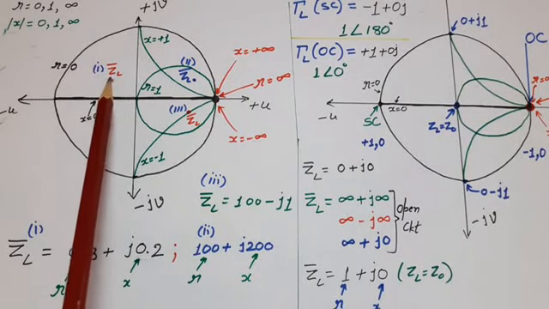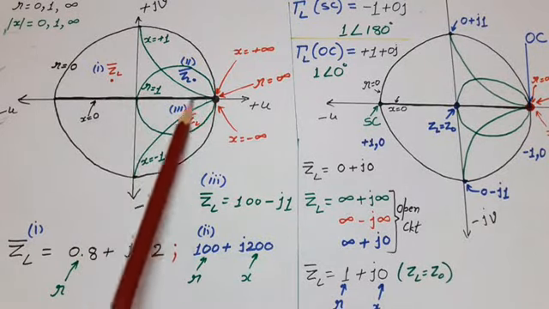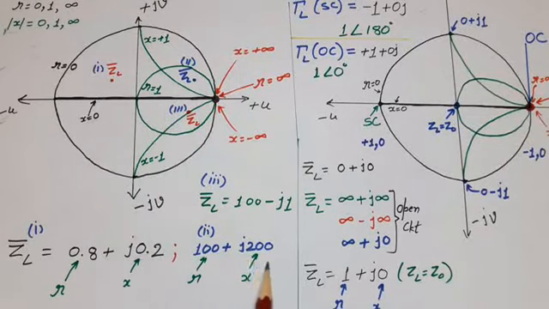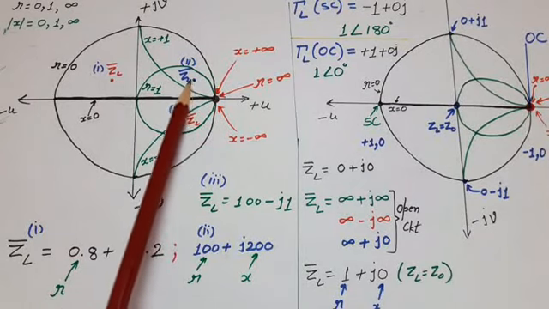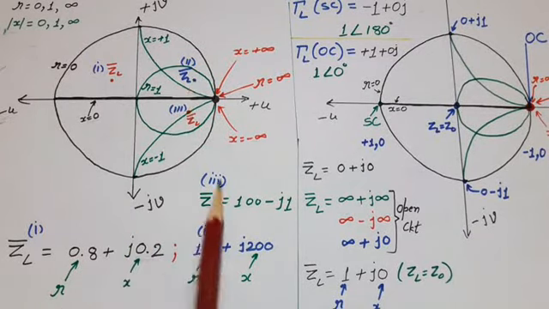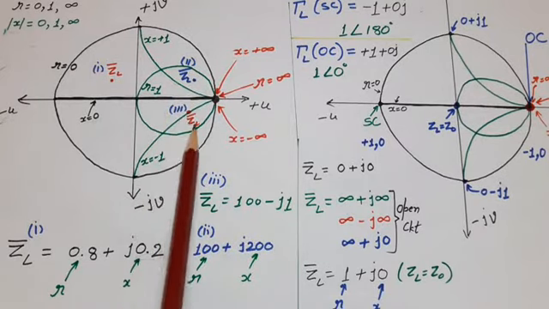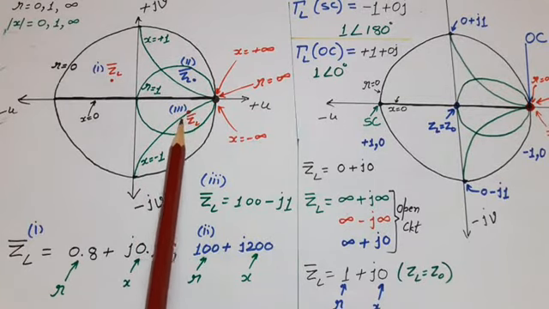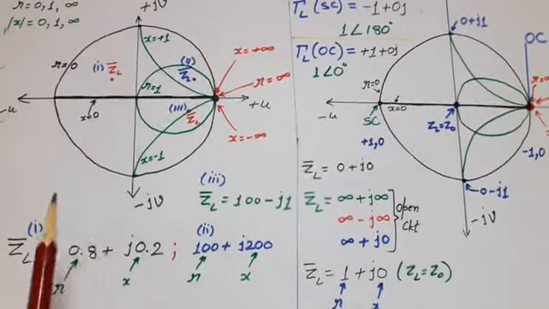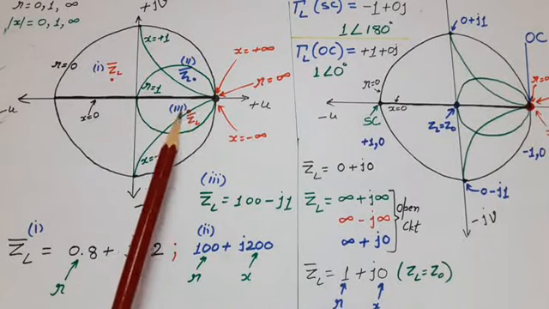Now suppose ZL bar is equal to 100 plus j200. For this, the R circle will lie in between R equal to 1 and R equal to infinity circles, and the X circle will lie between X equal to 1 and X equal to infinity circle. So the point will lie somewhere here. If the normalized impedance is 100 minus j1, then the constant 100 circle is passing from here and the constant minus 1 circle is this. So the point will lie somewhere here. In this way, we can roughly mark any normalized load impedance in the Smith chart. Obviously, this marking is not exact marking. This is a rough estimated marking.